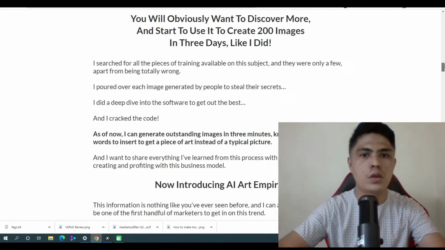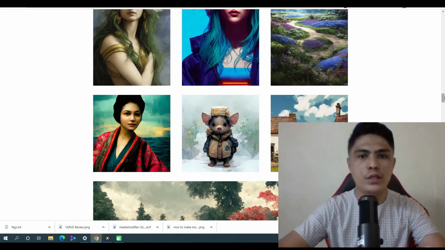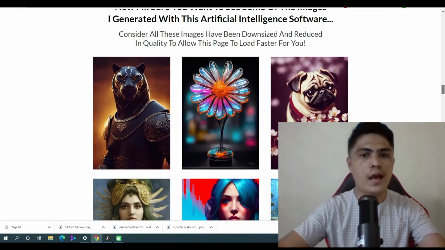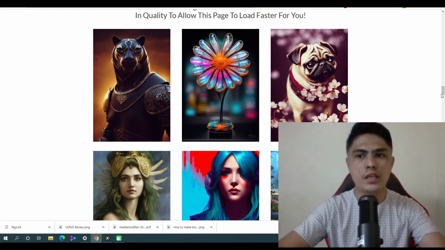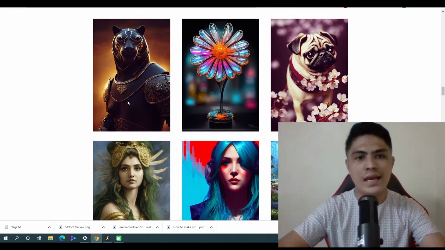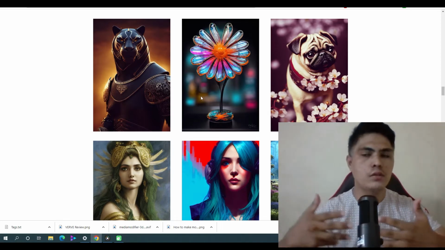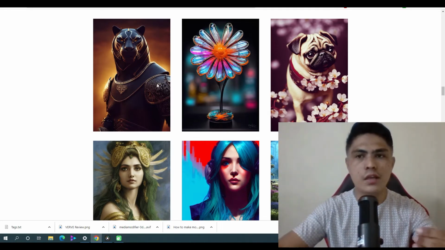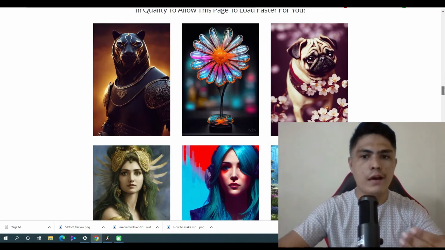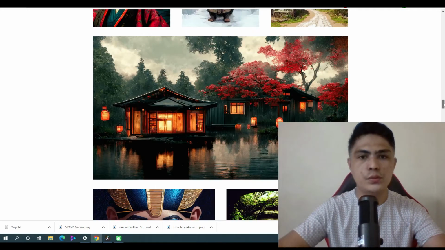And there are thousands of people already doing this kind of strategy to make money online, right? And you can now create any kind of realistic digital image using your imagination. All right, so this one is like a phantom knight that has this armor, golden armor right here. So you basically use that command combination inside of this artificial intelligence, and this artificial intelligence will turn your imagination into a realistic digital art, and you can make money out of that, right? So these are really beautiful digital art that you can produce using an artificial intelligence.